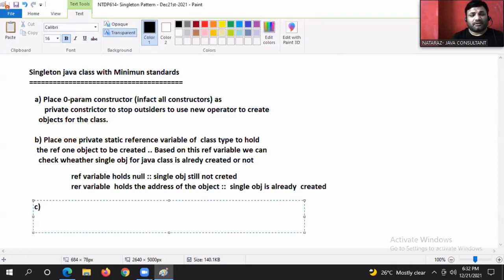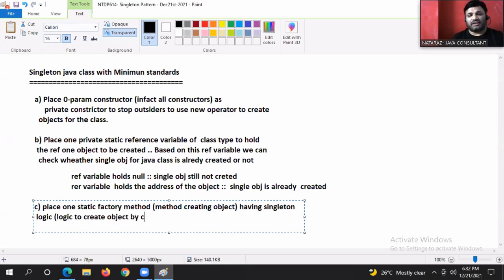Next one. Place one static factory method. What, guys? A static factory method, a method creating an object. Place one static factory method having singleton logic. Singleton logic means logic to create the object by checking the